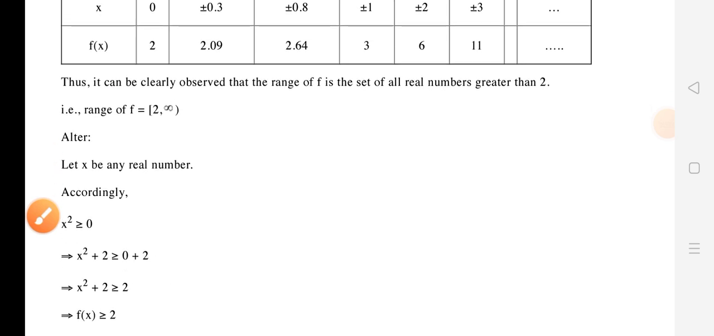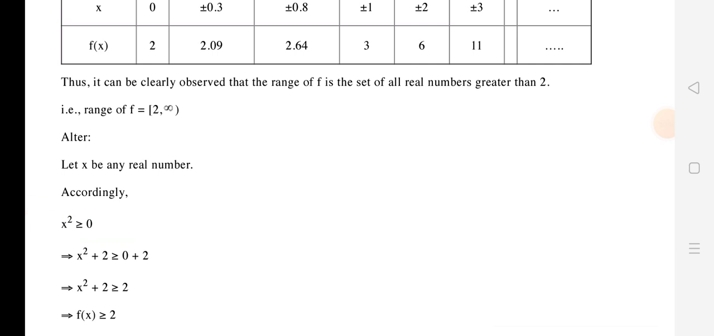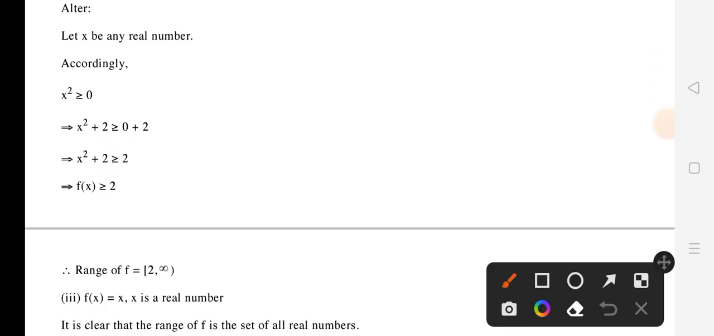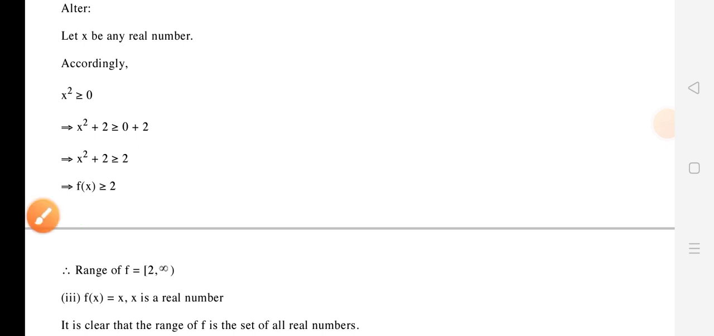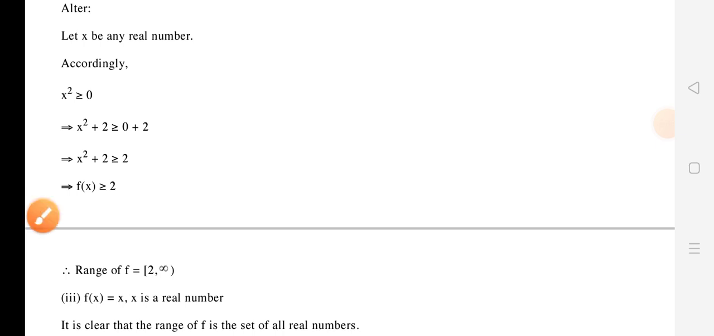आल्टरनेटिवली आप देख सकते हैं एक्स को रियल नंबर लें तो अकॉर्डिंगली एक्स स्क्वायर ग्रेटर देन इक्वल टू 0। एक्स स्क्वायर में दोनों साइड प्लस 2 ऐड करें तो एक्स स्क्वायर प्लस 2 ग्रेटर देन इक्वल टू 0 प्लस 2, यानी एफ एक्स ग्रेटर देन इक्वल टू 2। तो ऑब्वियसली एफ एक्स जो लाई करेगा क्लोज इंटरवल 2 टू इन्फिनिटी के बीच में लाई करेगा।